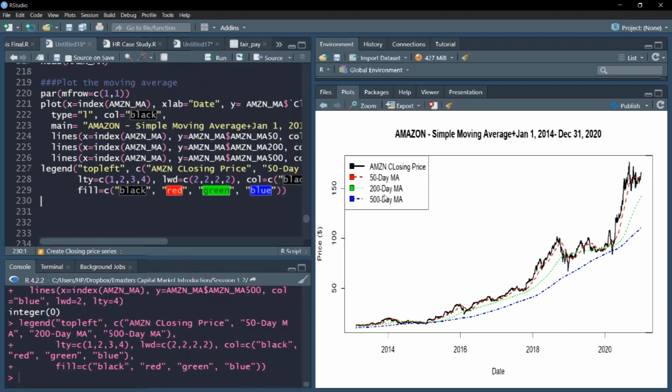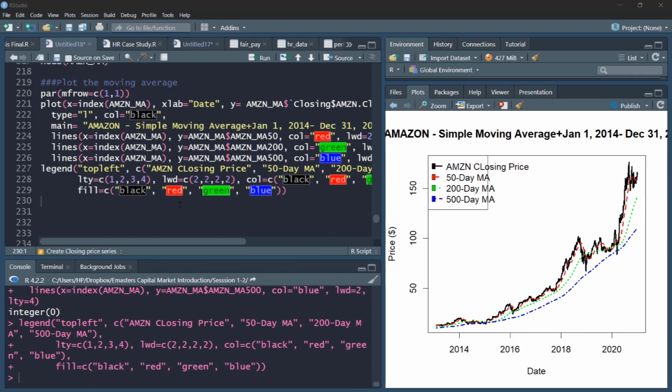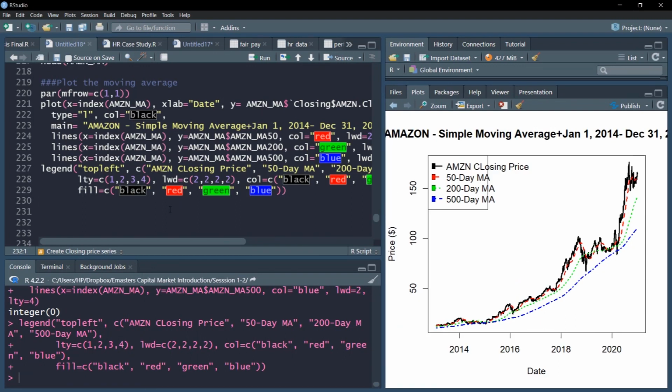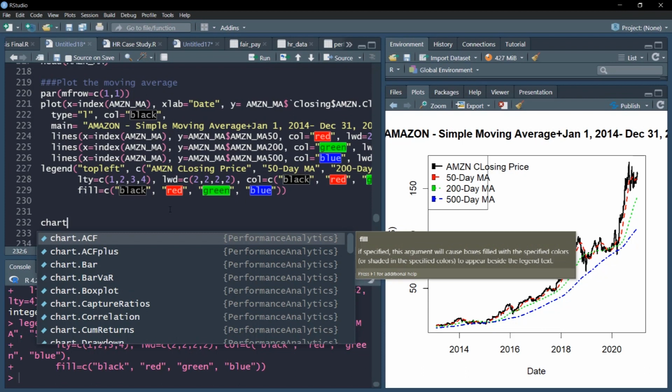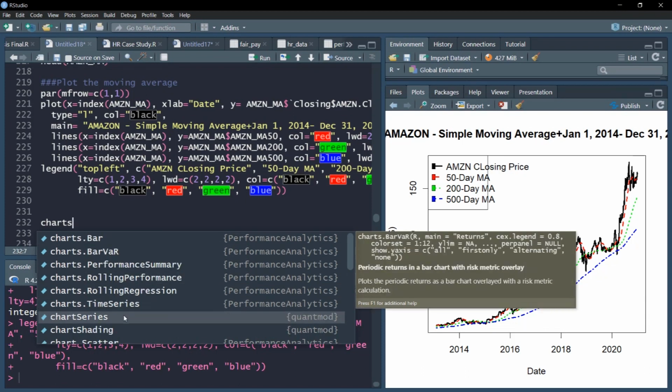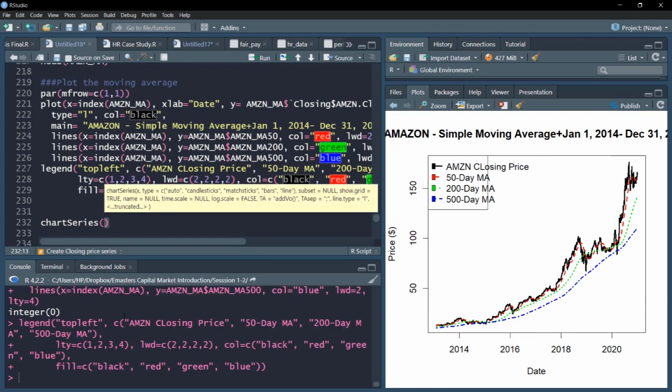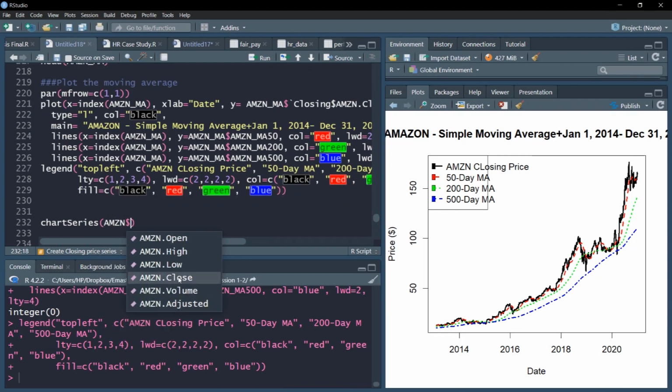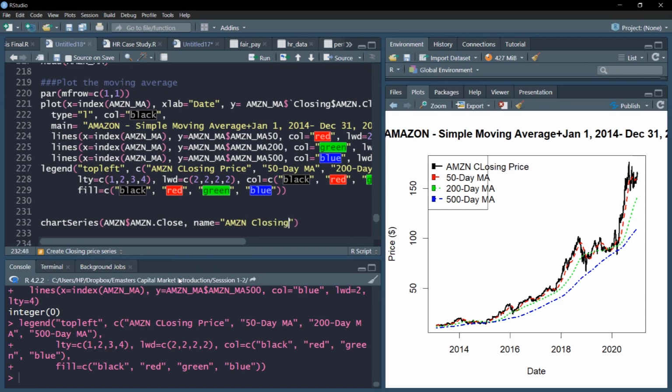There's one more, easier way to plot this. There's something called chart series plot. Without putting so much effort, you can make use of the chartSeries plot that is available, which is part of the quantmod package. We have installed the quantmod package for this very reason. Notice how easily I'll plot such a nice plot. I'll provide the closing, then I'll give the name as Amazon closing price. Maybe I'll use a white theme,